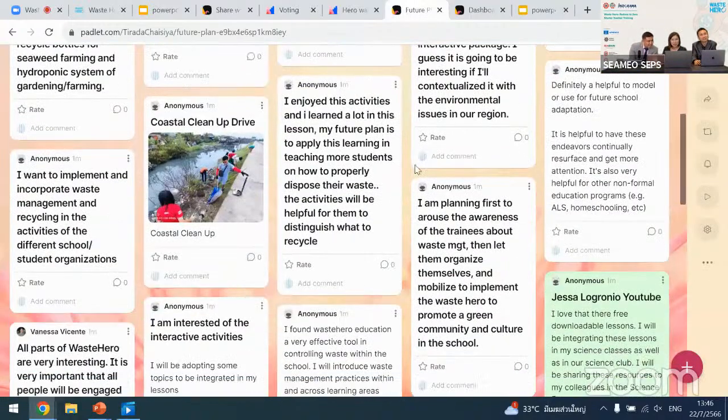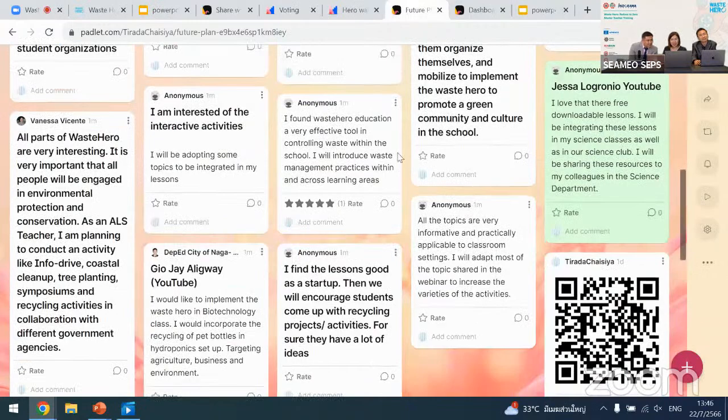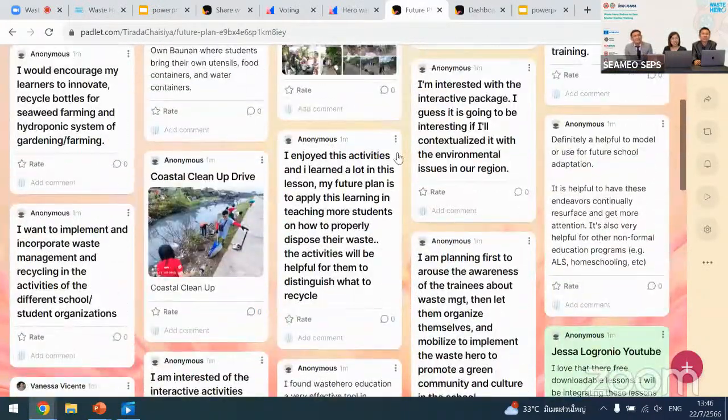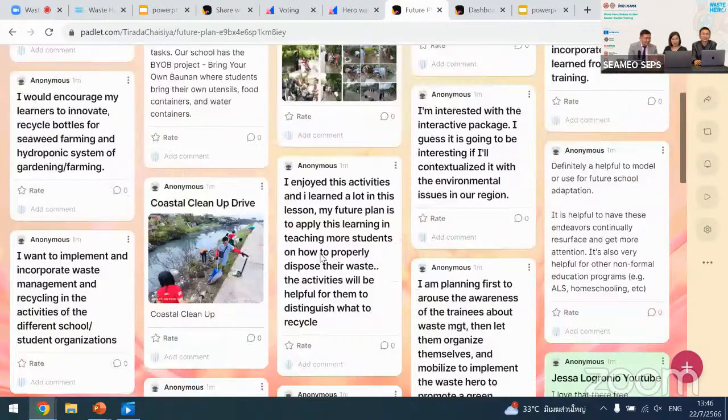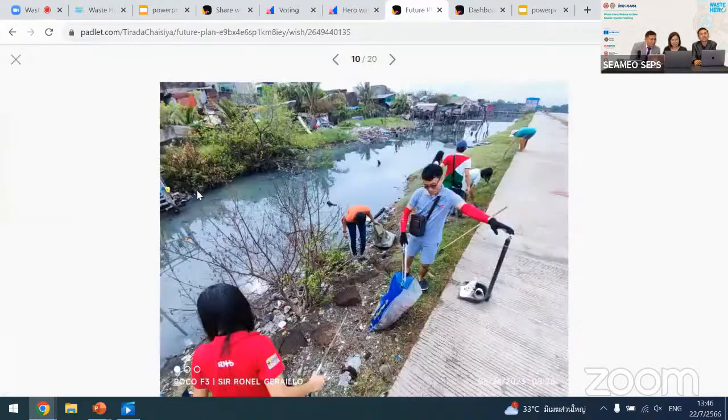Remember that you can still share your ideas and rate other people's ideas, shopping for ideas as we exchange our knowledge and interest. Cleaning up drives, rivers or canals is very good because it can prevent flooding. This one, the coastal cleanup drive.